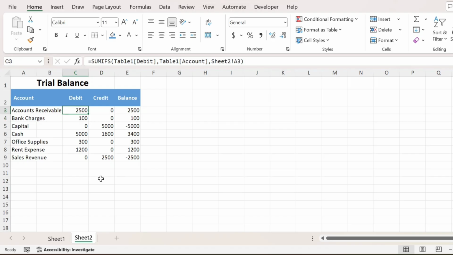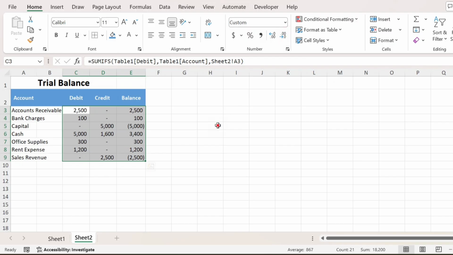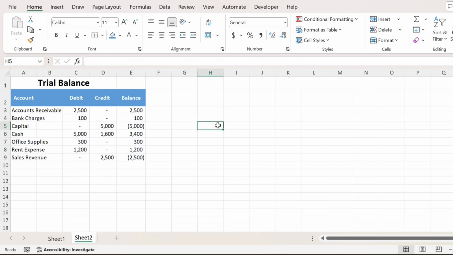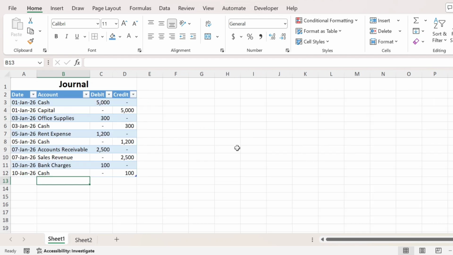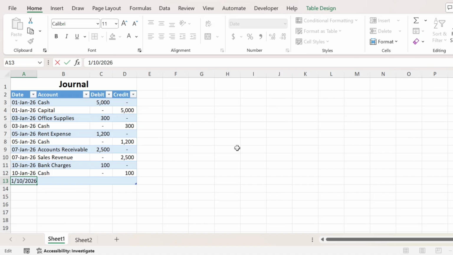We will do a bit of formatting. Select this whole range and apply separators like this, right? Now let's test this system. Go back to the journal table, add a new transaction. For example, on the 11th of January, enter a traveling expense of 100 USD,